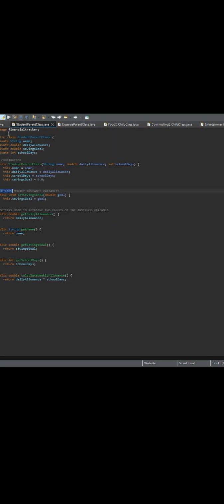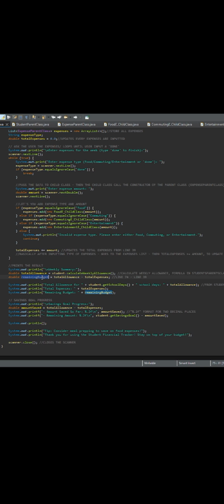So next, for the last remaining part of our main method, we got here the printing part. So first of our lines in here is a call of a method from our student parent class, which is the calculate weekly allowance, which is here, which is daily allowance times school days. Then after that, you got another formula for remaining budget. So this is for subtracting the total allowance, which is from here, from the total expenses from line 39,